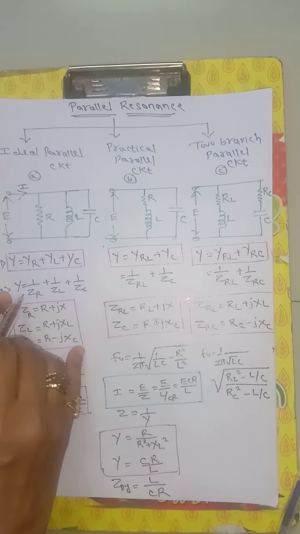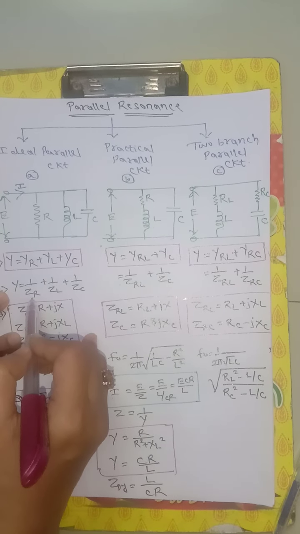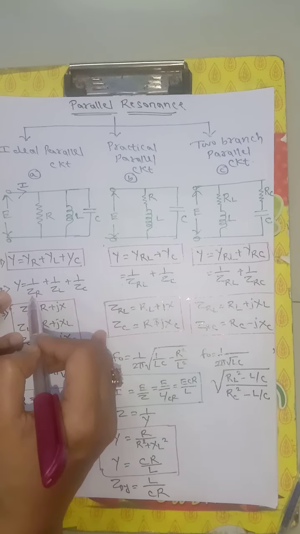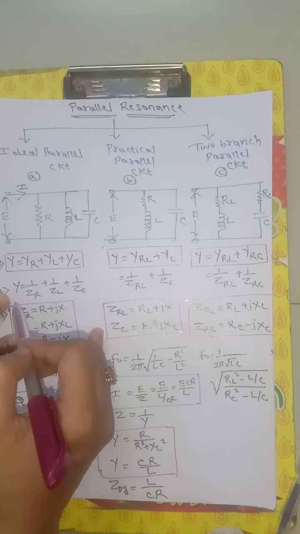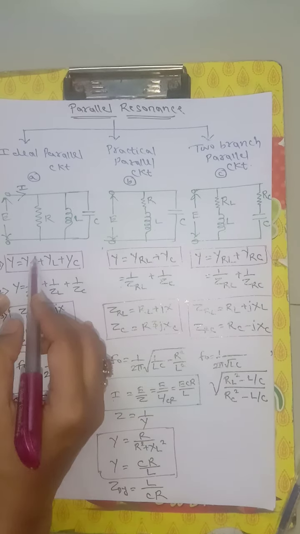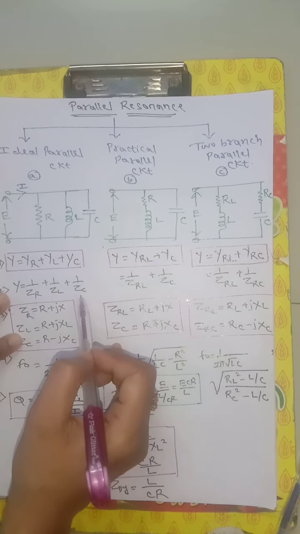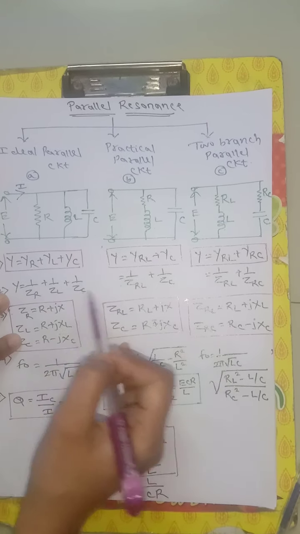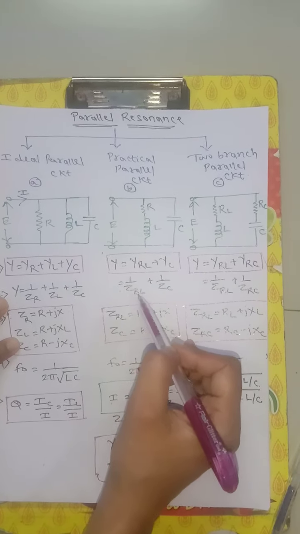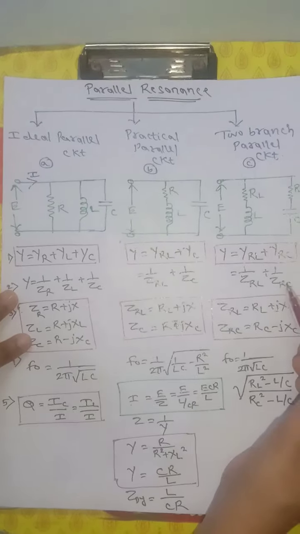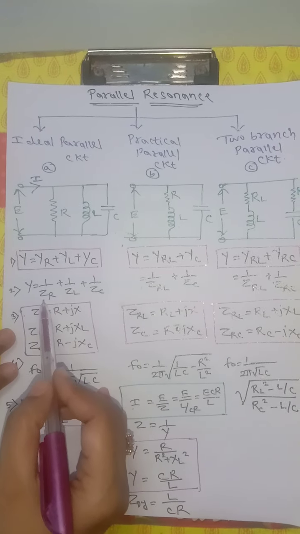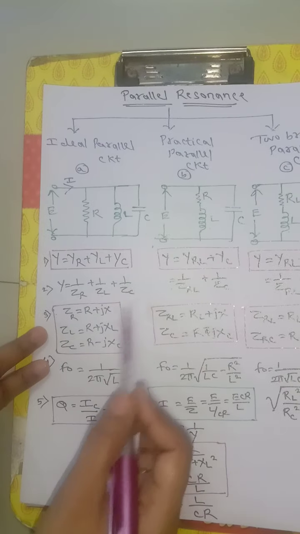Once you have the admittance, how can we get it? With the help of the impedance. They are inversely proportional to each other. Admittance is equal to 1 by impedance, or Y is equal to 1 by Z. So likewise 1 by ZR, 1 by ZL, 1 by ZC for R, L and C, and 1 by ZRL and 1 by ZRC for the combined branches. Now calculate individually ZR, ZL and ZC.